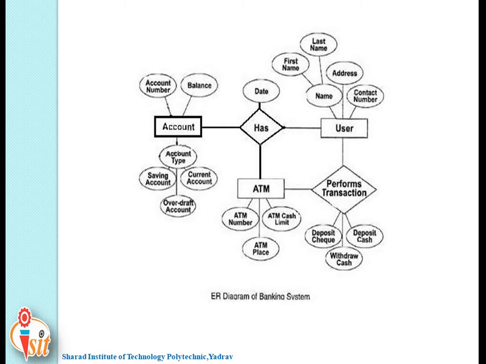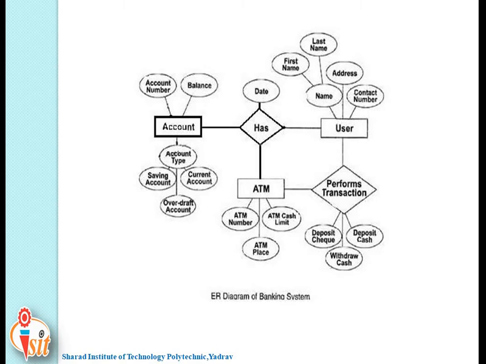In this ER diagram of the bank there are various descriptions. A bank always has a customer, that is the user. Banks are identified by name, code, and address of the main office. Also here you can take another attribute for bank like branches, and branches are identified by branch number, branch name, address and so on. After that, customers, that is users, are identified by name, ID, phone number, address.